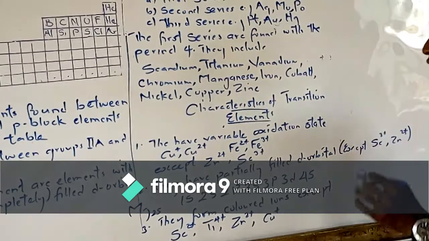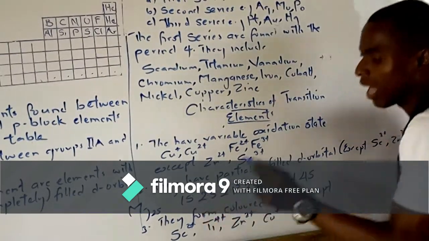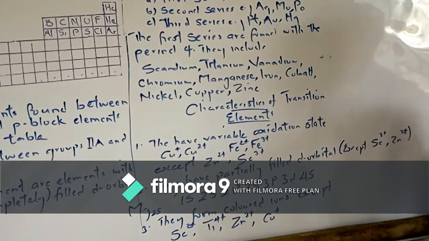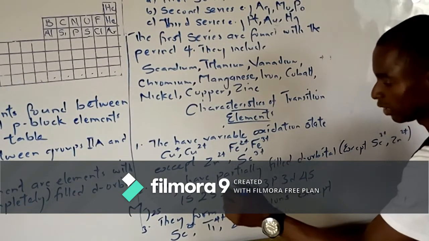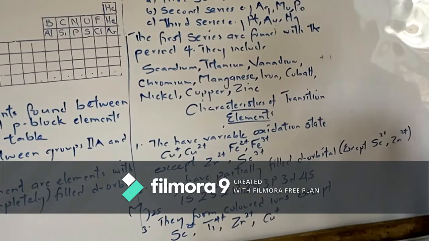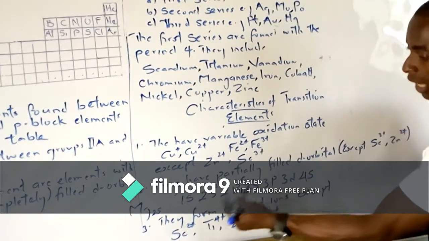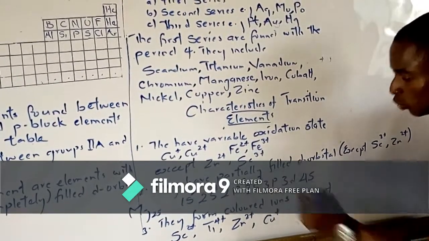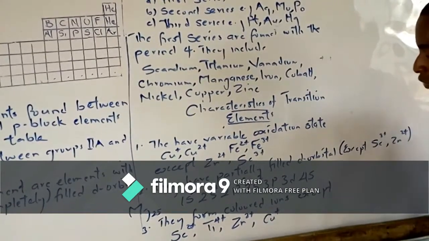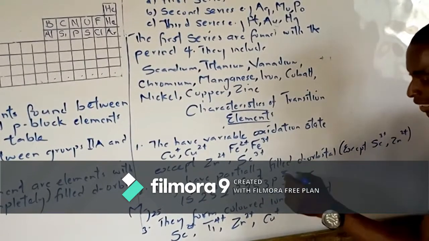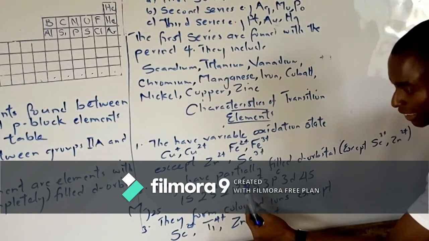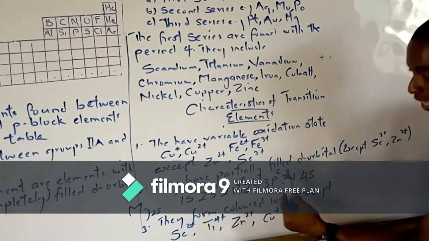So let's see how we fill it. We come here, the maximum electrons that the s orbital can take is 2. This s again, 2. The maximum that p can take is 6. We have used 10 out of 25. This 2. The maximum s can take again is 2. That's 12. The maximum p can take is 6. Now we have 2 plus 2, 4 plus 6, 10 plus 2, 12 plus 6, 18.